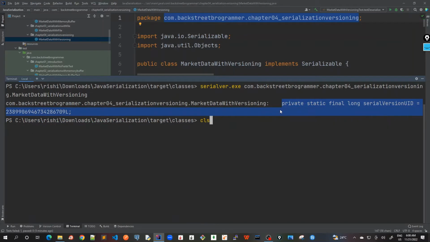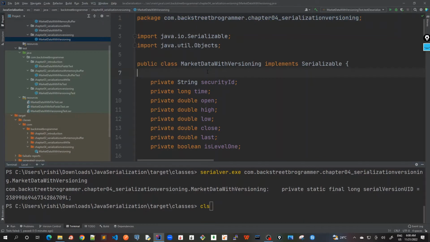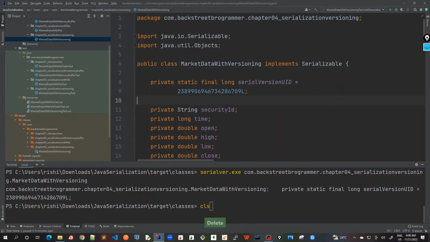Okay. So this is the manual way. I can copy this and then I can just simply write it here. So this is my generated version UID. But guys, as mentioned, this is not supposed to be this random number generated by our serialver.exe. It can be any number. I can mark it as 42L or 43L, whatever. The idea is that it should be any number so that JVM doesn't generate a new one when we serialize